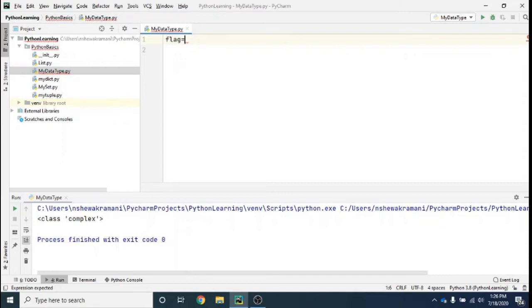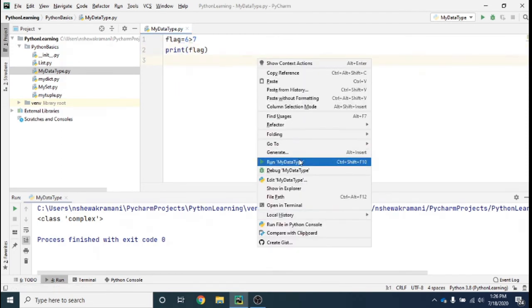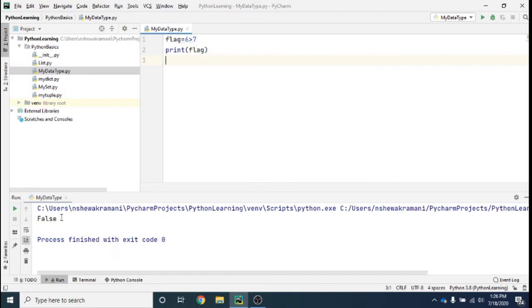If I say 6 is greater than 7, we know that 6 is not greater than 7, so its value is false. So flag will contain the false value. If I print flag simply, and right click and run, it says false.